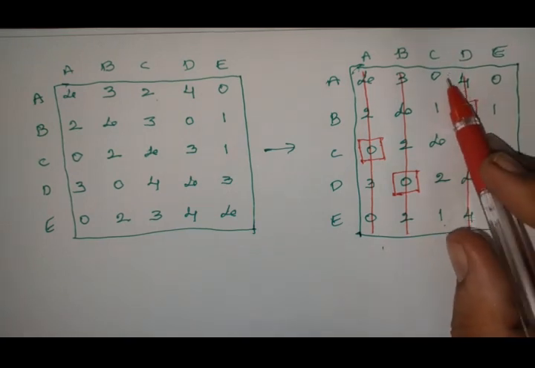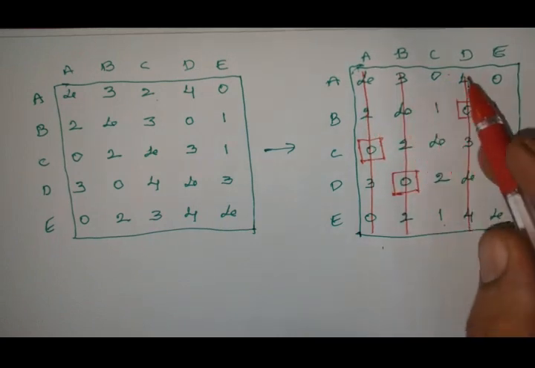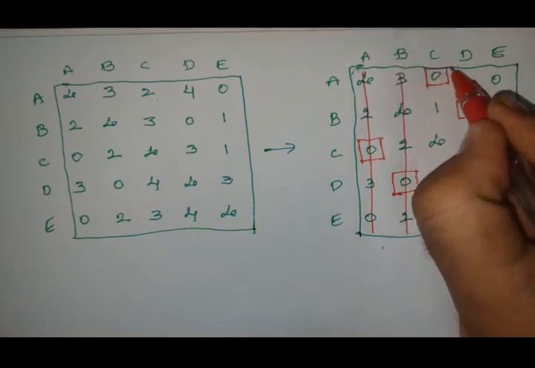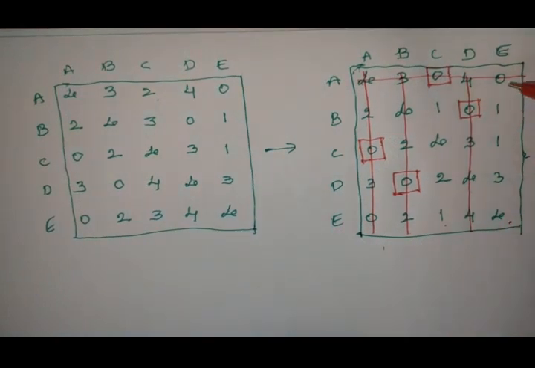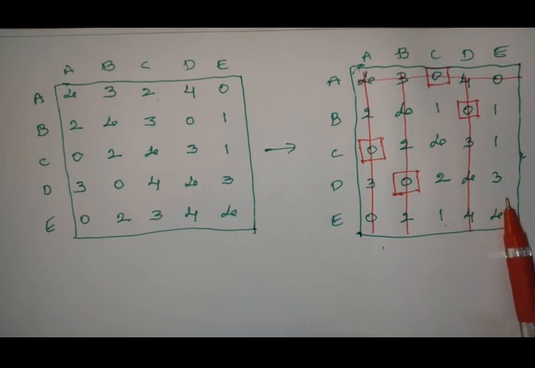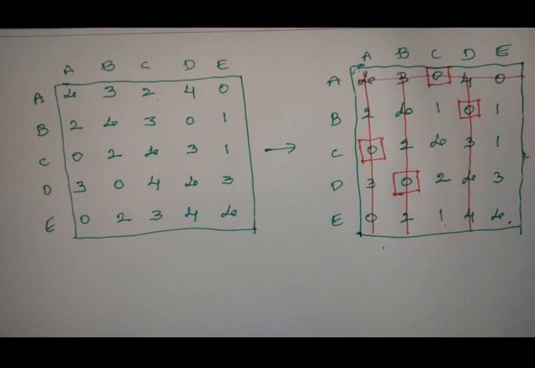So in column scanning, as the first column and second column were already cancelled, next, third column, how many zeros are there? Single zero. So box that 0 and strike off that row as we are doing the column scanning. Next, fifth column, no zeros are there. Now check the entire matrix whether any 0 is left over. Strike off. So here these are 4 values and these are the 4 non-striked values. Totally 8 non-striked values are there. And no 0 is there.